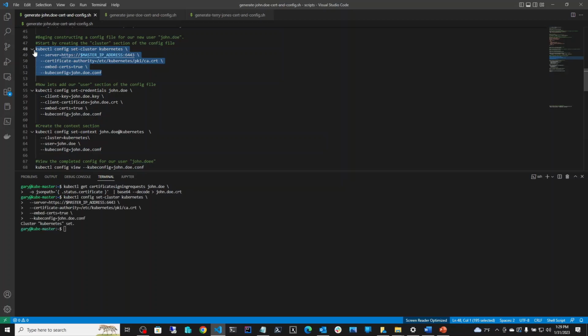So this is one section of that config file, the john.doe.config. We created the first section. We also need to create another section. This one would be on line 55, kubectl config set-credentials. We need to set the credentials for John Doe, and the client key is the client key that we created early on, and the client certificate is John Doe. This is what we got from Kubernetes, and embed-certs is again true, and then again the name of the file is